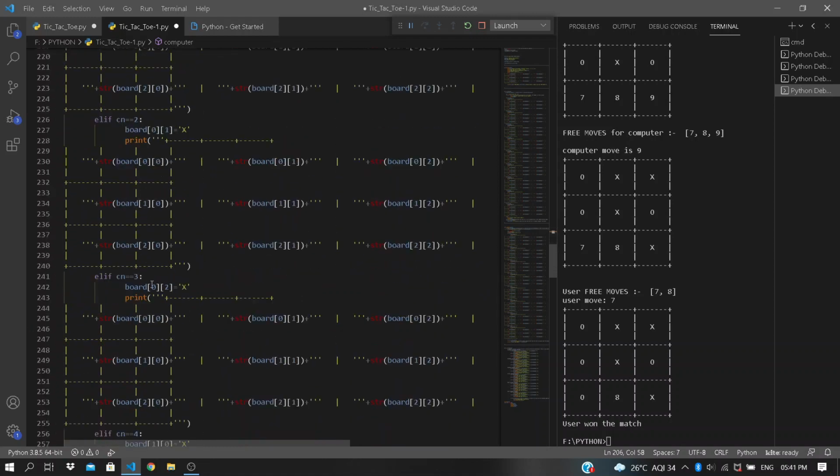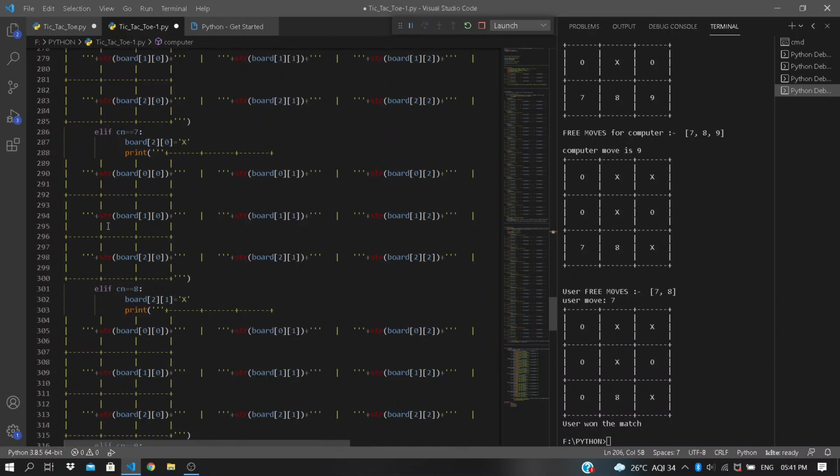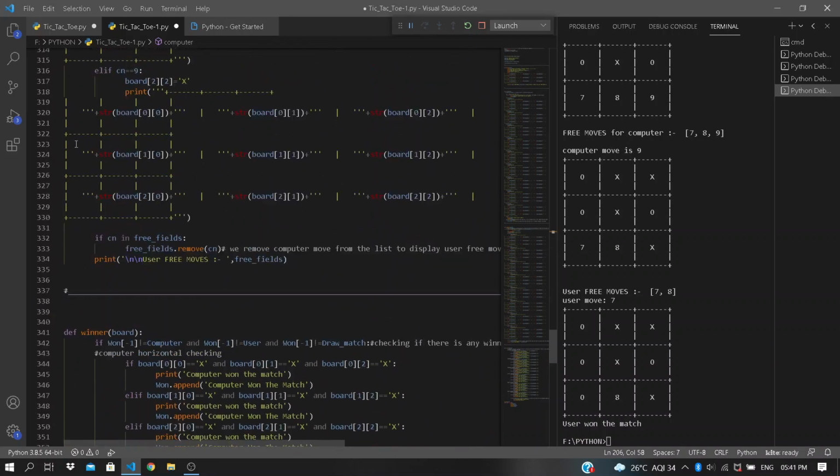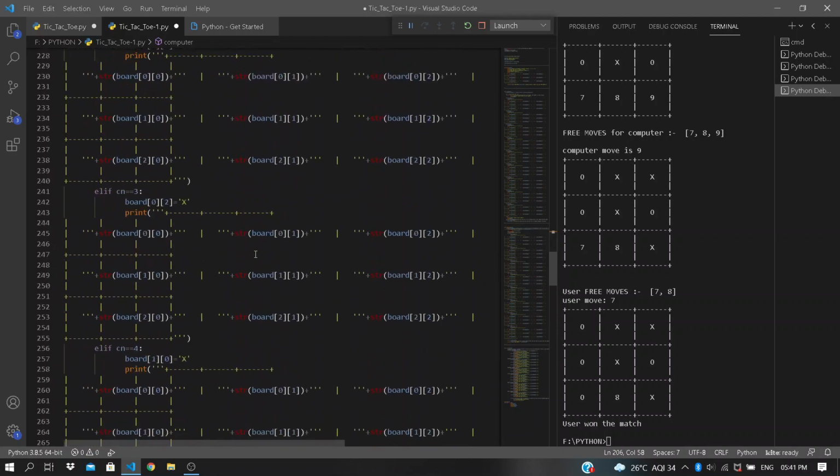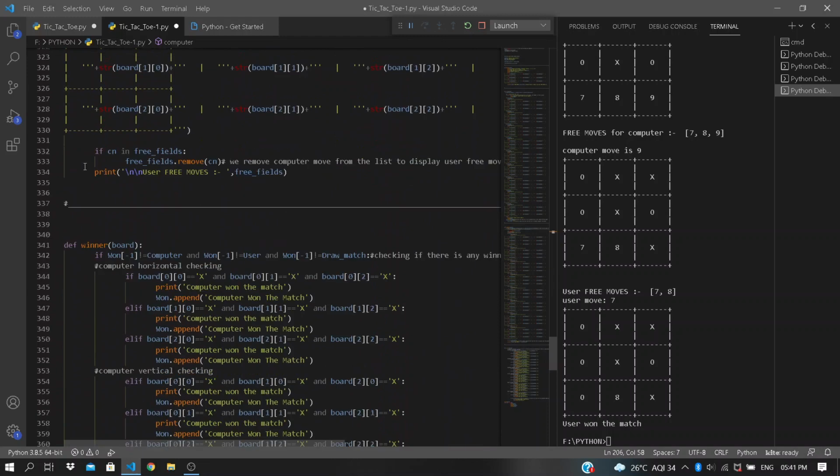If the computer chooses 3, I have written these elif conditions, and I will remove this computer number from these prefills, and again I will provide these prefills here, so it will print user premoves.